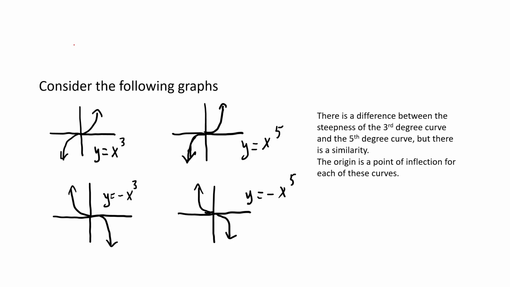To understand the behavior there, we'll take a look at the curve y equals x cubed, or y equals x to the 5, or y equals -x cubed, or y equals -x to the 5. What happens at those points is we get a point of inflection at the x-intercept. So for instance, if I was going to graph the curve y equals (x minus 2) cubed, what I would do first is I would say to myself, okay, if I expand this out, my lead